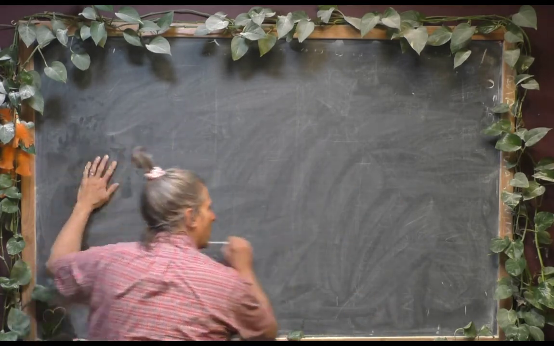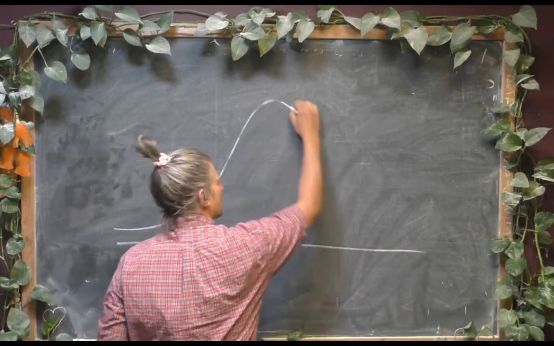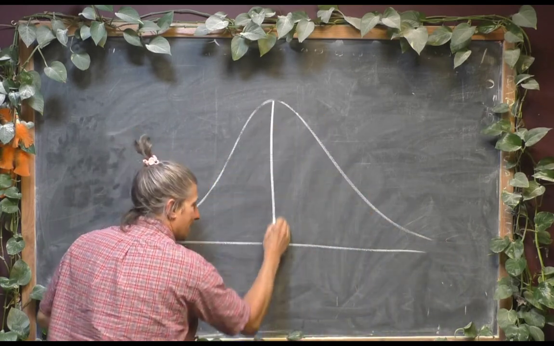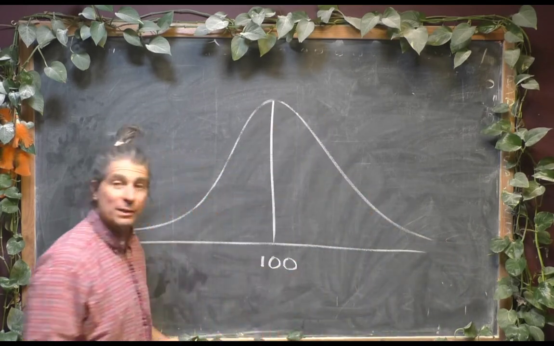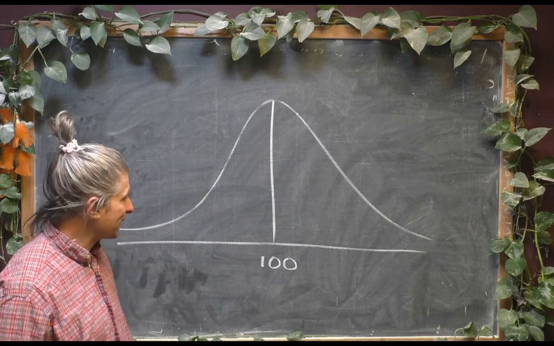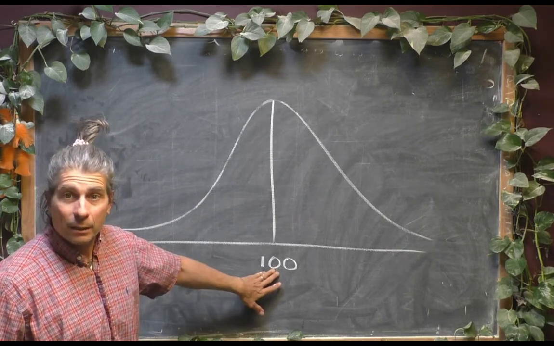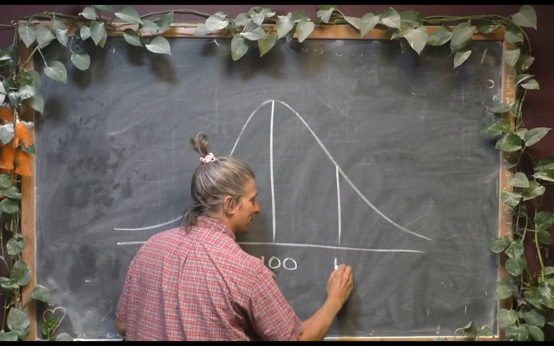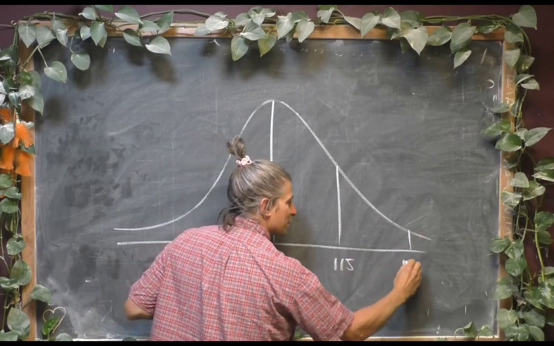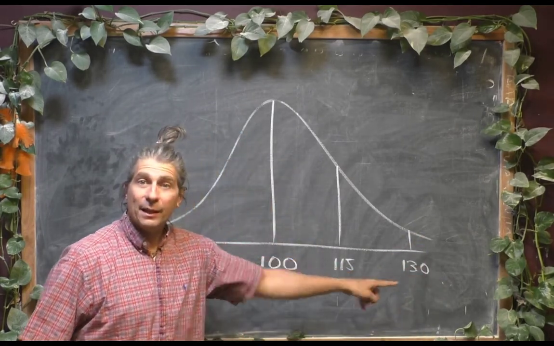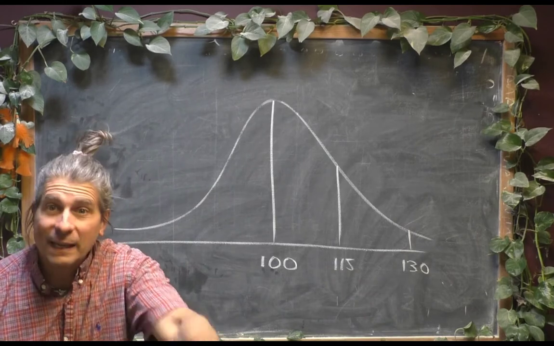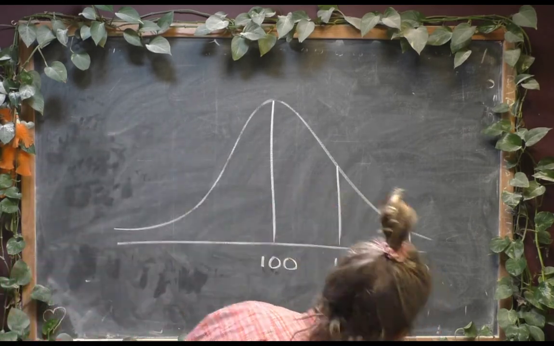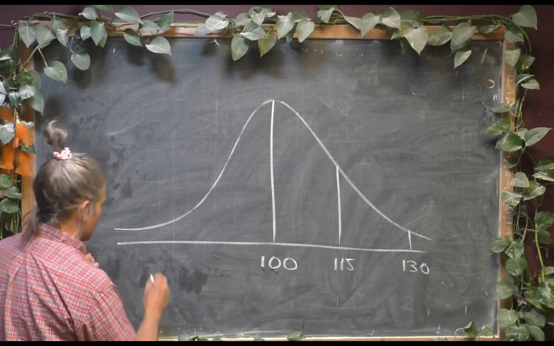So I'm going to draw a real quick bell curve for us to chat with. Don't worry about it not being perfect, because the spreadsheet takes care of perfect. 100, 1 standard deviation up is 115. 2 standard deviations up is 130. Hey, that's kind of convenient. We know that one already. That's one of the ones we need. We've got to go 120 to 130. Well, if we know these are the raw scores,